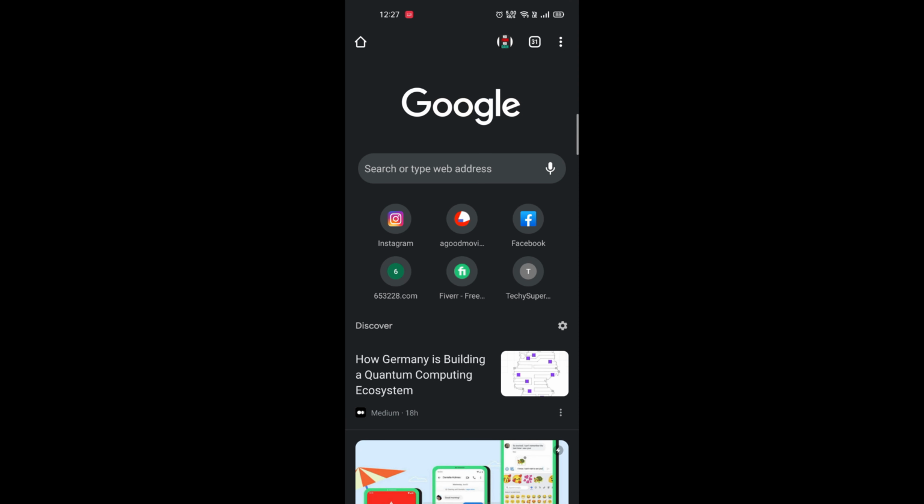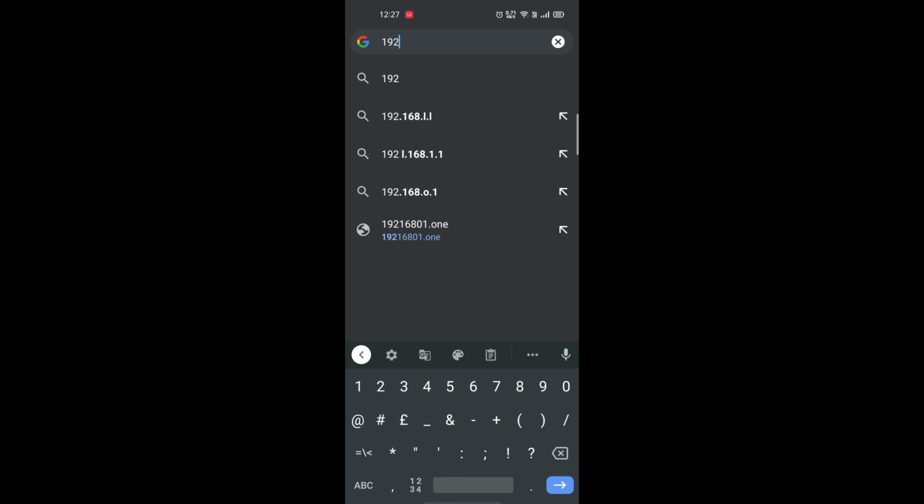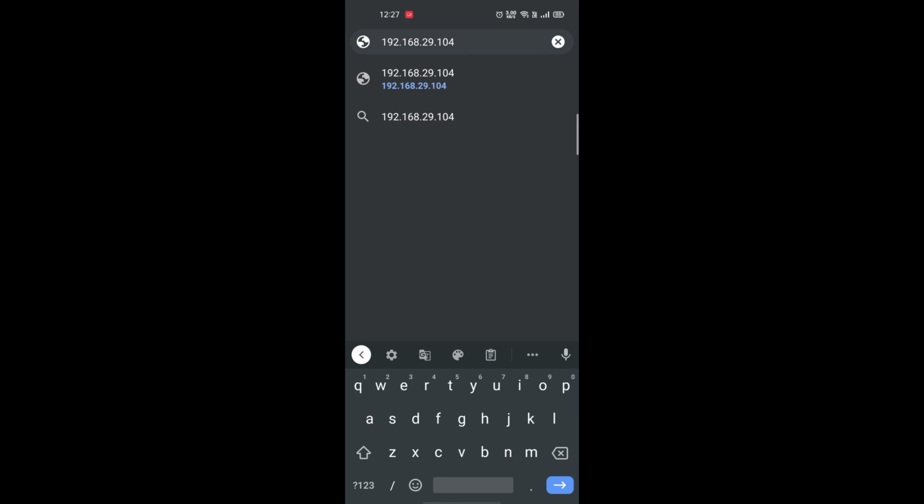So friends, you have to open Google Chrome or any other browser and type here your IP address, which is 192.168.29.104 in my case, and type slash.